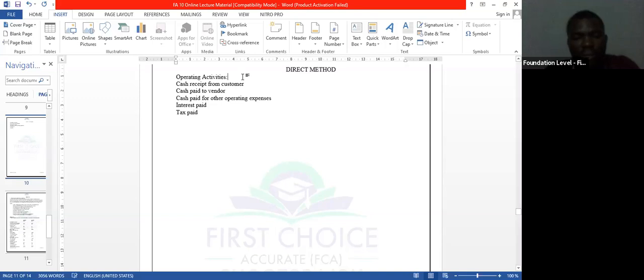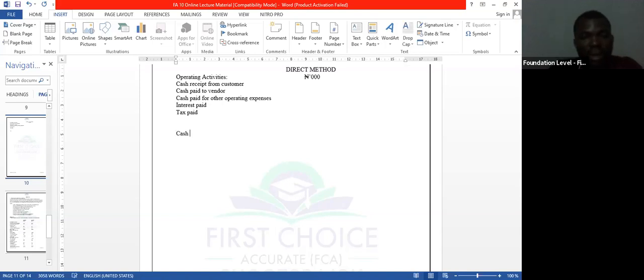So these are the things that we are going to see under that. So let's put a naira sign here, and we make it in thousands. Now this is all we need. But what we need to know is that there will be computation. It is just a few items, but the direct method requires that you calculate. So our first calculation will now be cash